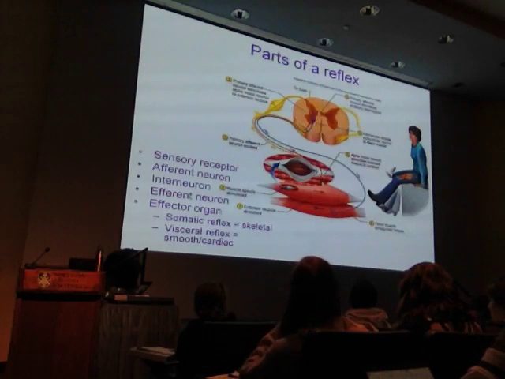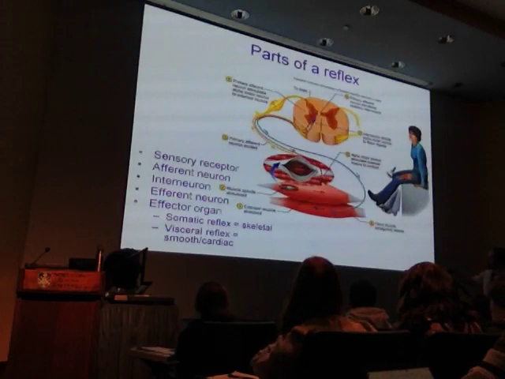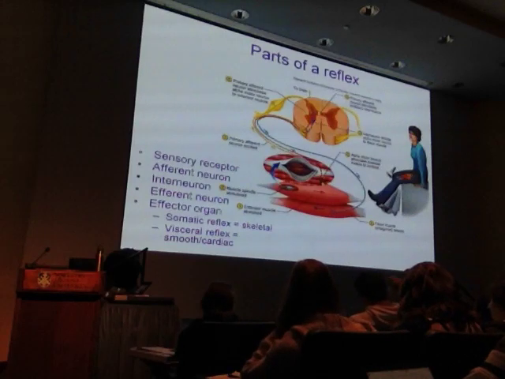So you inhibit the flexor and you stimulate the extensor. Well, you also send a signal back up to the brain. So our components are the sensory receptor, the afferent neuron that comes in the back aspect or the posterior aspect, an interneuron that connects it right back out as the reflex, and also an interneuron that takes it up to the brain. And then you have to have an effector organ. And in the case of this example, the effector organs are our flexors and our extensors.